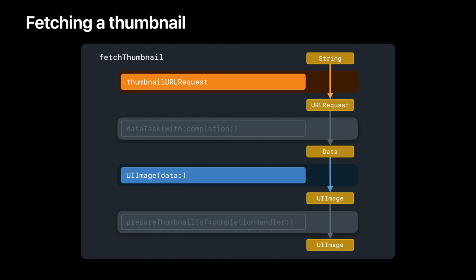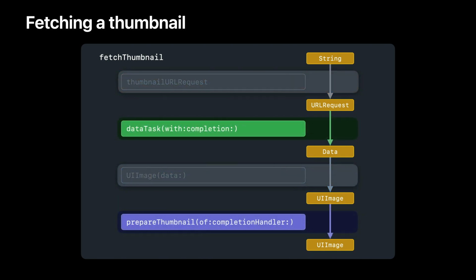Some of these operations return values quickly. Both constructing a URL request from a string and a UIImage from data are like this. So it's fine to run them on whatever thread the function happens to be on, and for these to be synchronous calls. However, some of them take time. It takes a while to download all the data that makes up an image, and rendering a nice-looking thumbnail from it requires a device to do some expensive work. That's why the SDK provides asynchronous functions to complete those tasks. So these calls should be asynchronous.